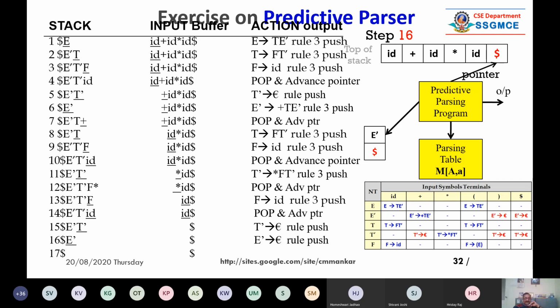So in the 17th step, you will find that there is a dollar on the top of the stack because we have removed all the items from the buffer. It means you have exhausted the buffer and reached the end of the input buffer. So dollar is on the TOS and dollar is at the end of the buffer.